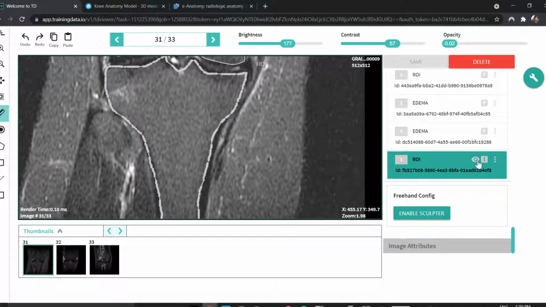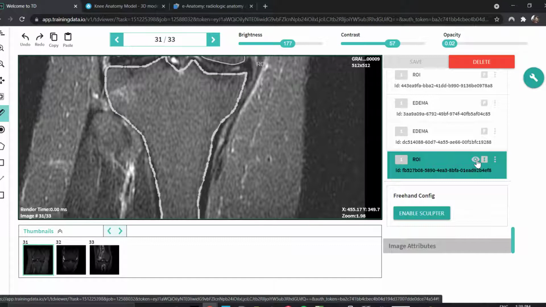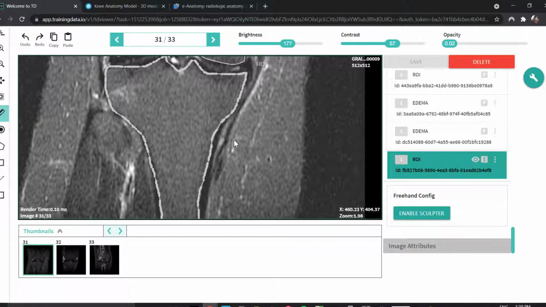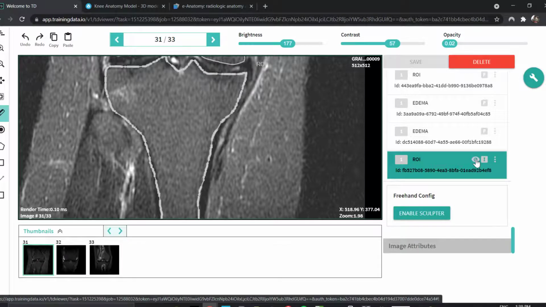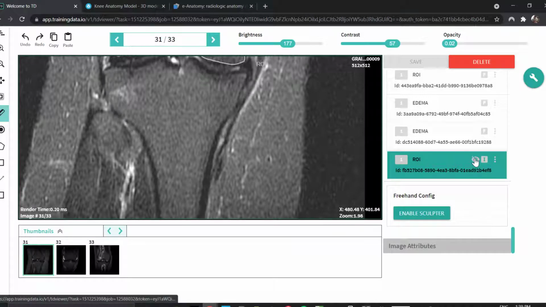And you can just select this I button and choose which ROI that you have used right now, which of those ROIs should be visible or should be not visible. So I've done this job right now, so I can choose to turn it off. And when I turn it off, I can see that there are some discrepancies here, some inaccuracies here. So I'll just do this and check, and I can later edit it.